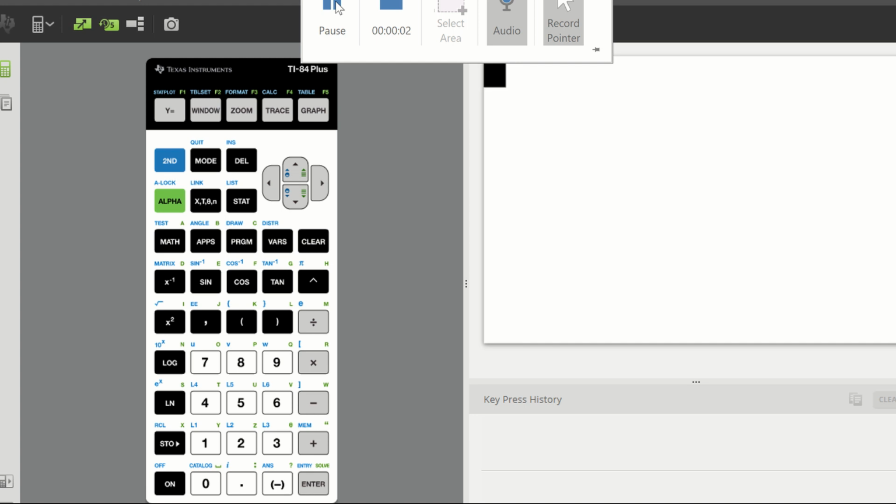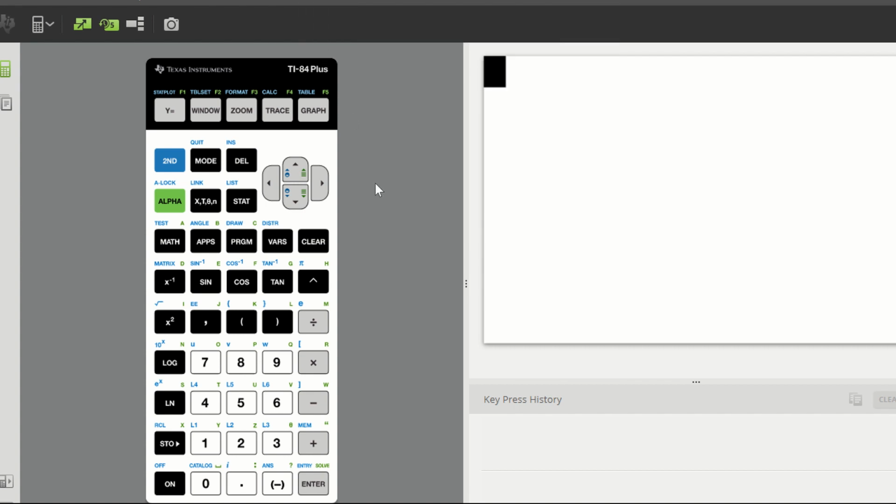Hi everyone, in this video we will see how to conduct a one-way ANOVA test on the TI-84 Plus. ANOVA is used to check if the means of different groups are equal or not, where the groups are more than 2. So the first thing you would need to do is enter the data of all the different groups